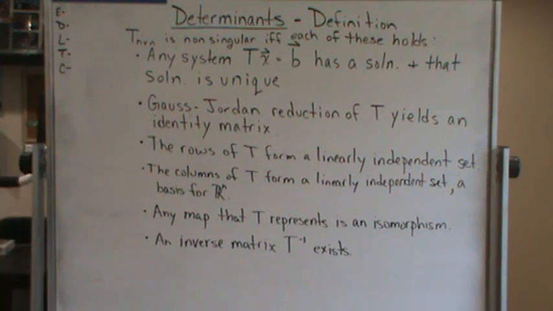Any map that T represents is an isomorphism. That was another result. And of course, the final and most recent result that we found is that an inverse exists if T is non-singular. And so now what we're going to do is